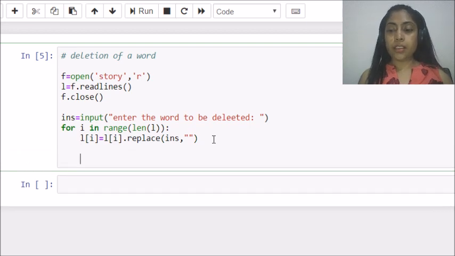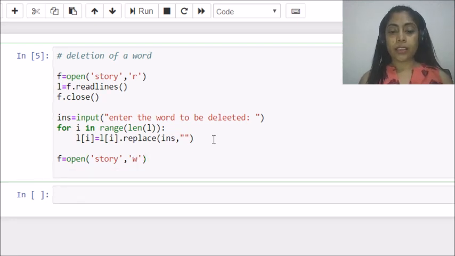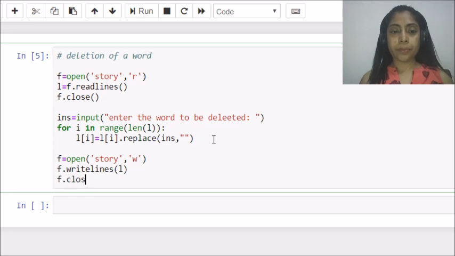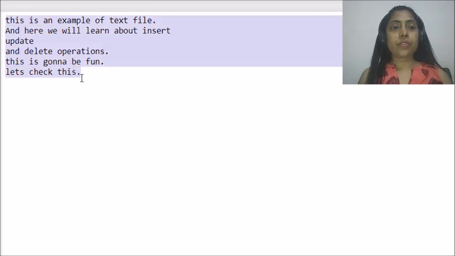And after this, again open the file in writing mode for overwriting, use the writelines function for writing a list into it, then close the file. Before running this file, I want to show you the content of my file. This is the original file, and here suppose I want to delete all "this" from the file.